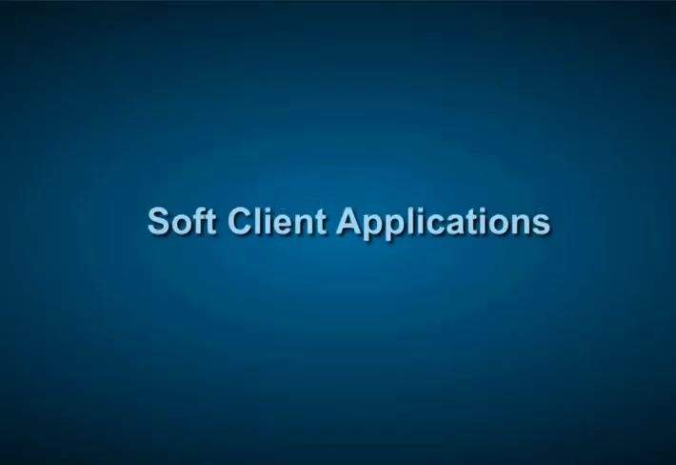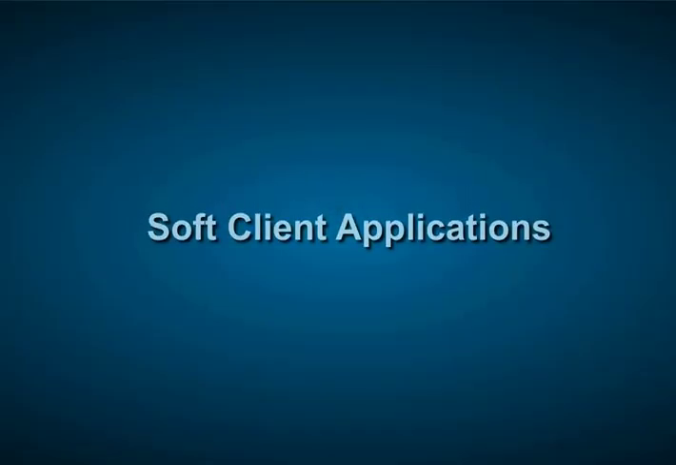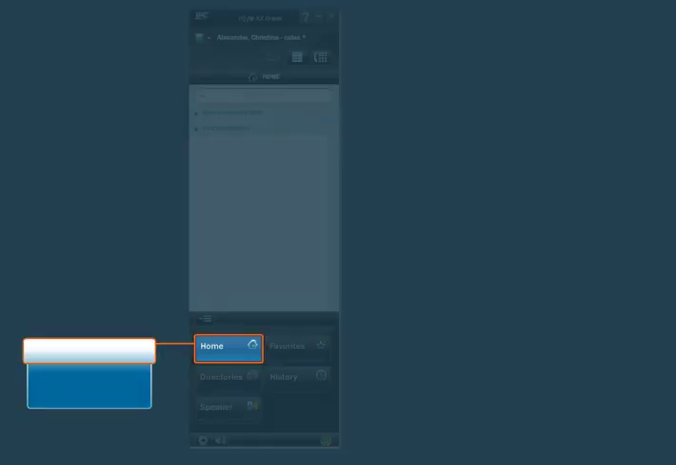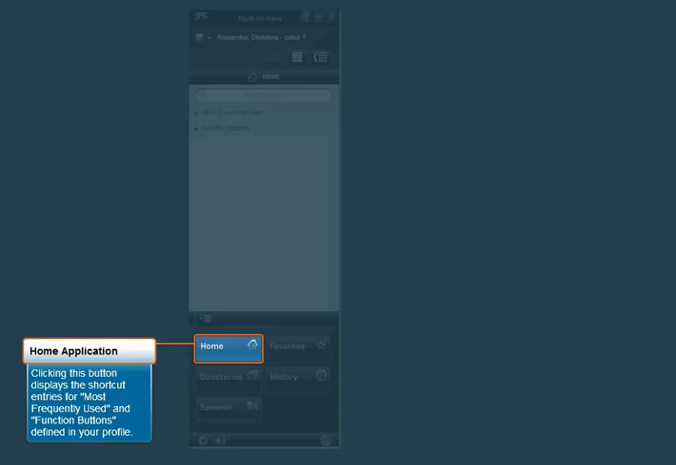Welcome, and let us take a tour of the Soft Client product interface. You are in the Home application. Note that the Home application button is highlighted to understand the current panel view. By clicking the Home application button, you can see the shortcut entries for the most frequently used and the function